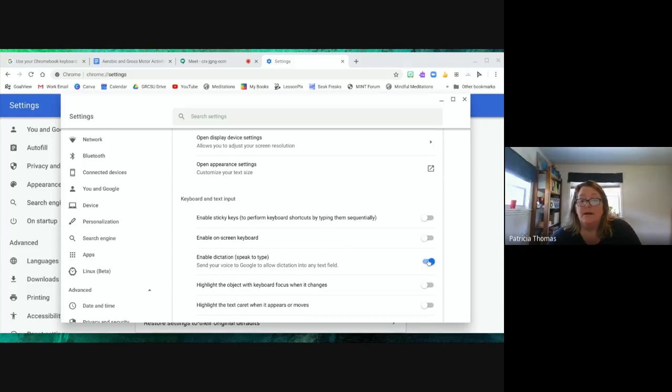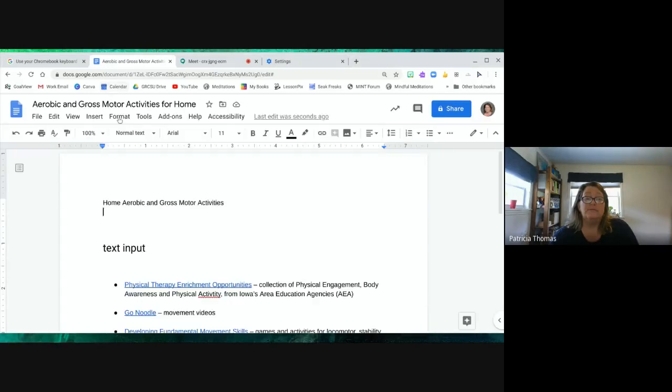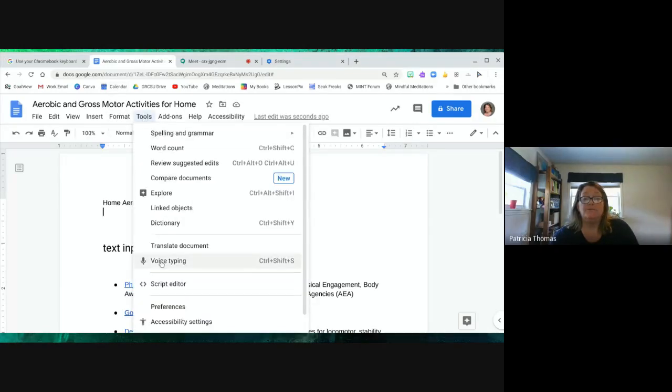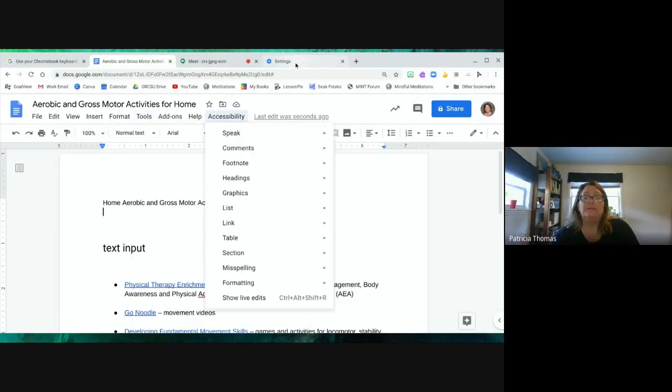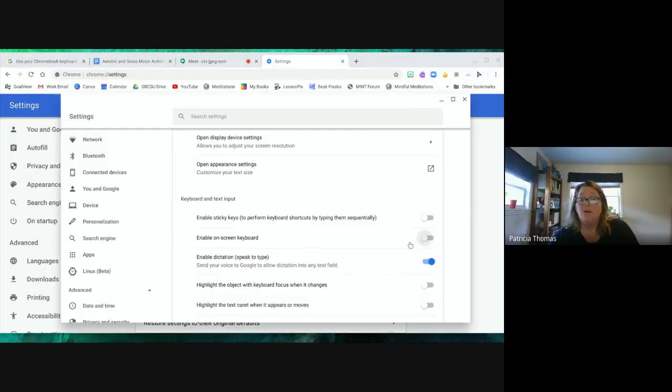So again, this allows you to speak into any field in the Chromebook. You may recall, or you may already know, within a document or within other Google apps, you can use voice typing. That is one way to get your speech to text. This one uses the same engines, but it's a little bit different in that when you enable dictation, it